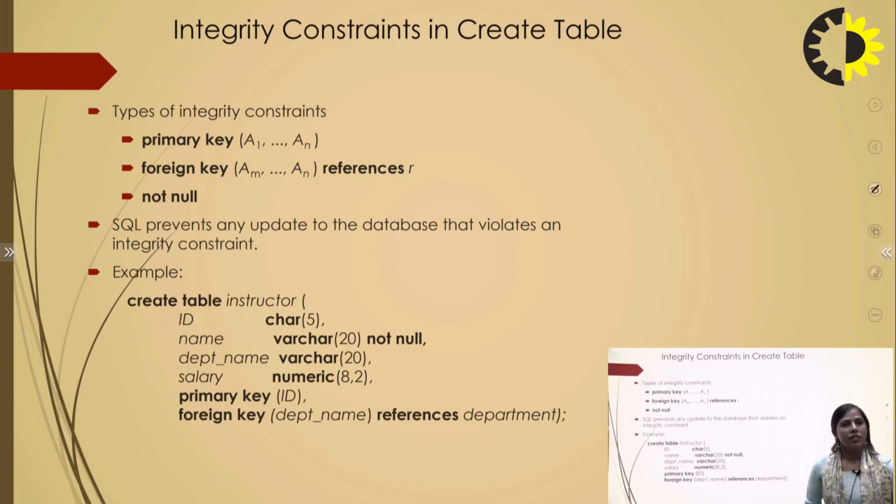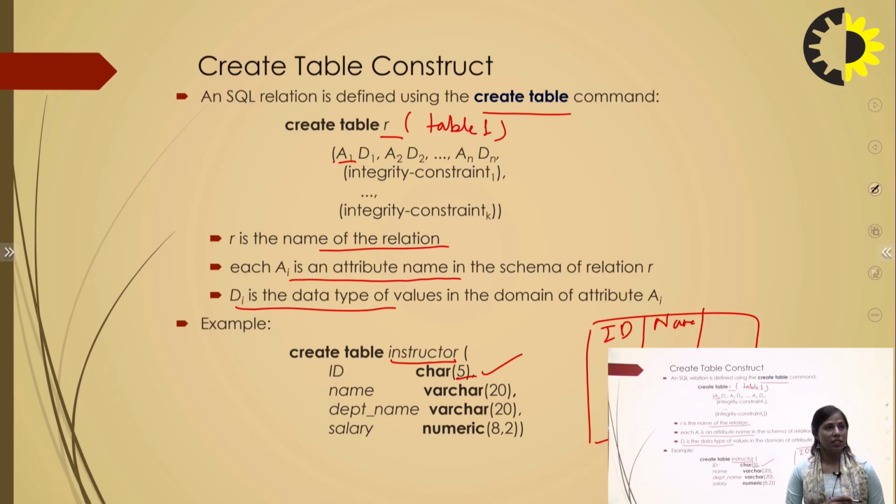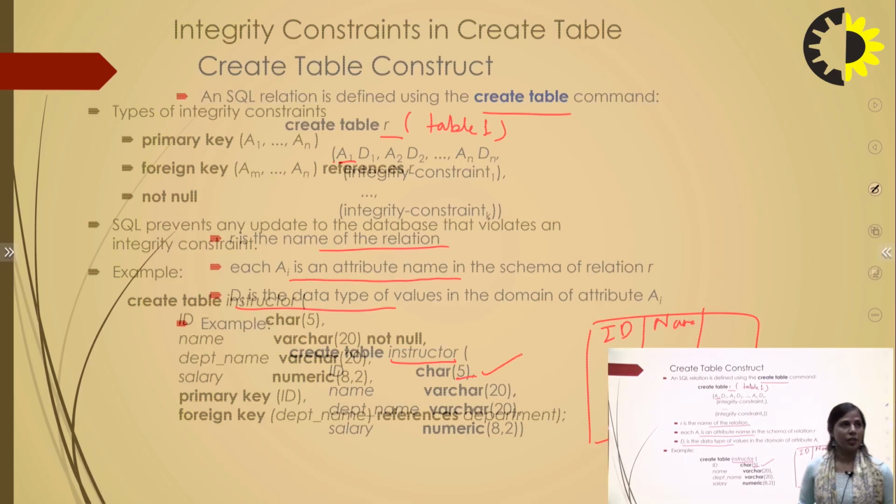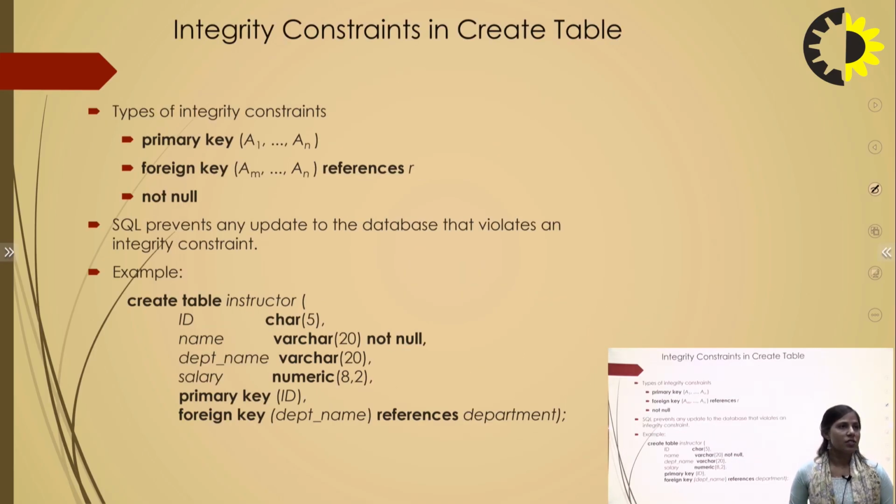Now we have discussed in the first slide that there are various structures, such as schemas and integrity constraints. For the schema part, we discussed in the previous slides how we can create a schema of a particular table. Now, talking about integrity constraints, we have different integrity constraints, like primary key, foreign key, and null or not null values. We can define the integrity constraints in our databases.